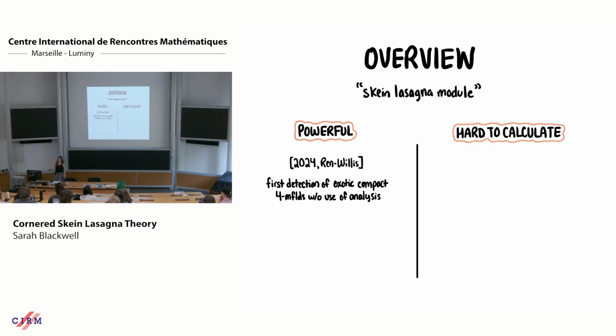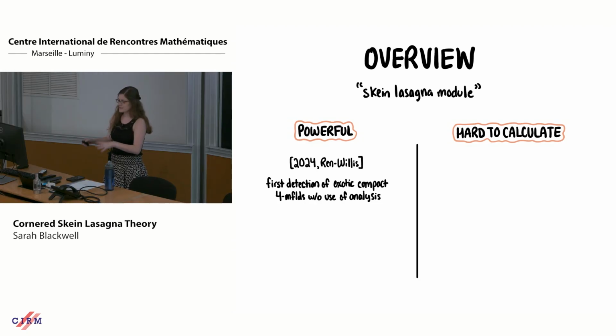But anyway, I saw there's a preprint that landed on the archive today that maybe adds to this. I haven't looked at it super closely, but maybe it adds to this evidence for powerfulness. I think they're detecting exotic stuff, and they do a Khovanov homology version not using skein lasagna module stuff, and then a skein lasagna version. So maybe that fits in here, but I haven't looked at that closely yet. Anyway, there's hope that this is going to be a nice tool, but it's very hard to calculate.